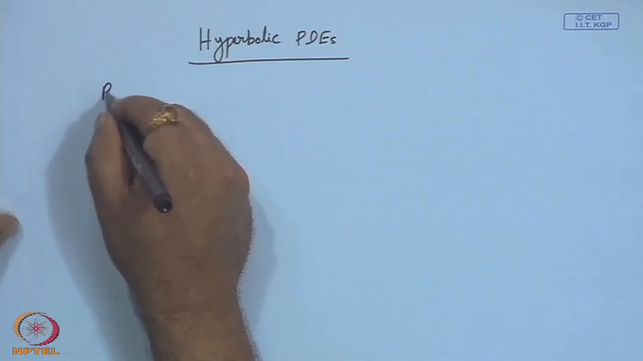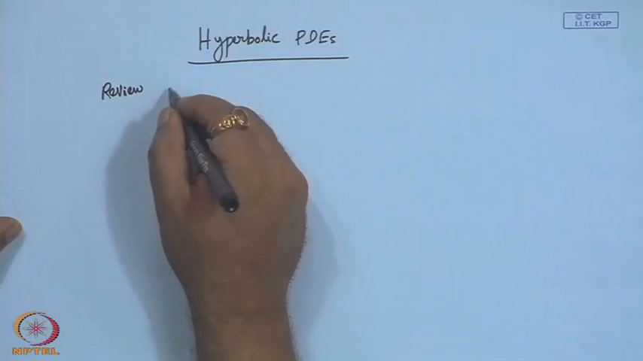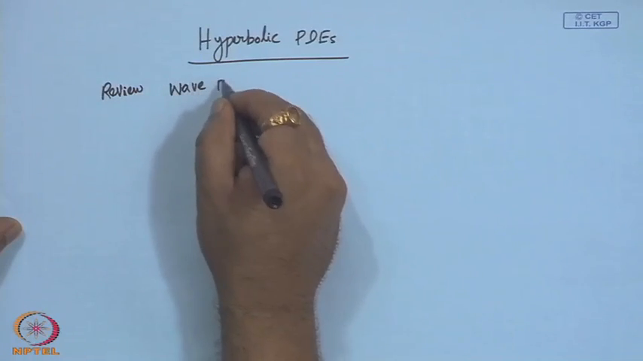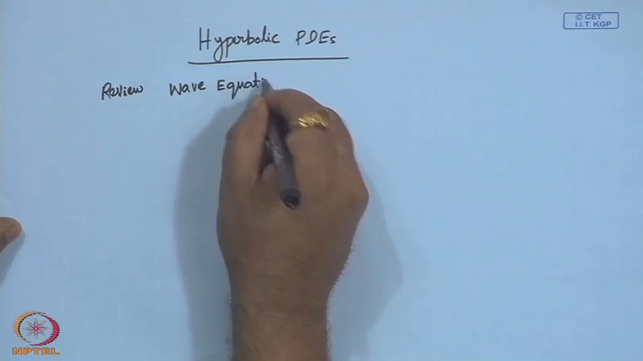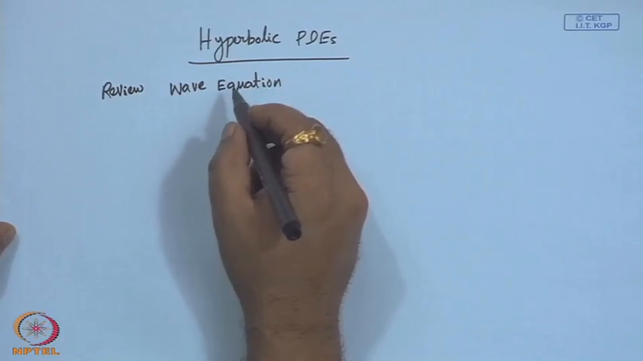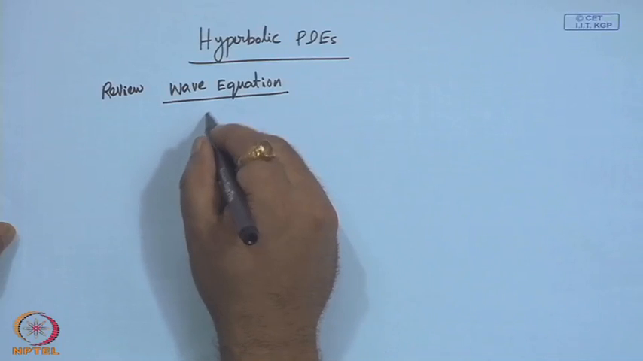So, before we go for finite difference approximations, it is worth spending a few minutes on the corresponding analytical treatment in brief. The typical example of a hyperbolic PDE which is generally taught in a first course is the wave equation. So, let us review the wave equation and then proceed to the corresponding finite difference approximations. So, we review the wave equation, which is defined as